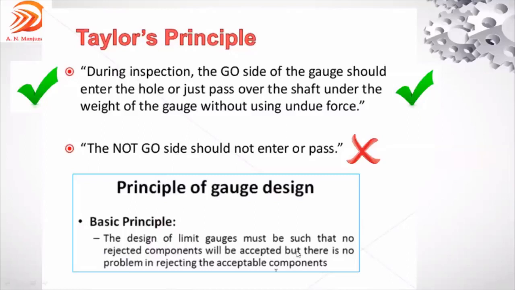But there is another condition. There is no problem in rejecting the acceptable component. Even in a lot of 1,000 components, if one or two components are good products but are rejected, it does not make any problem or obstacle for the organization. So this is the basic rule or basic principle the organization always looks into. Two conditions. The first condition will affect the organization: accepting the defective product. The second one is rejecting the good product. The first condition should not happen. This is the basic rule, right?